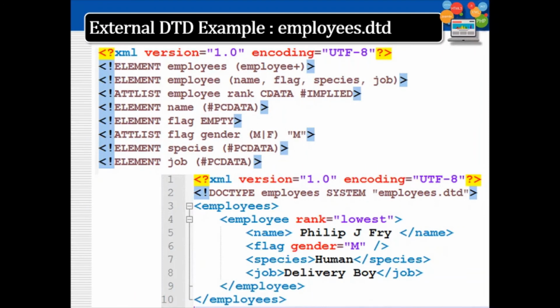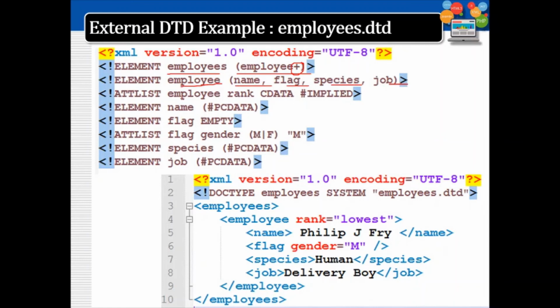Here is another example, employees.dtd. Here, ELEMENT employees, exclamation ELEMENT employees, employee plus, that means it can contain one or more employee tags. So employees is the root tag. The root tag may contain details about one employee or more than one employee. Then the employee tag contains name, flag, species, job.